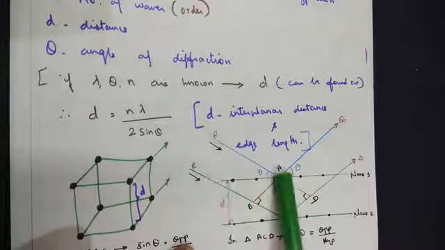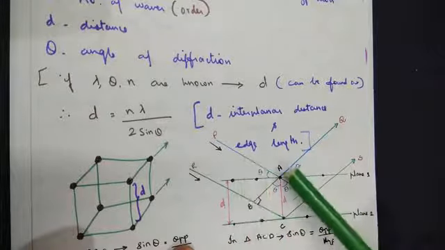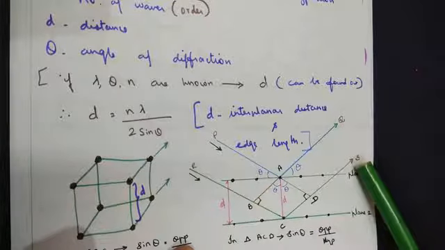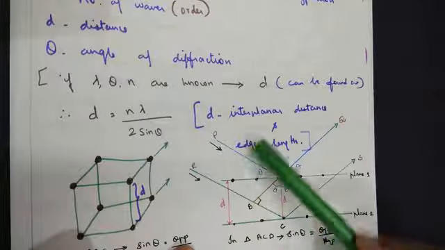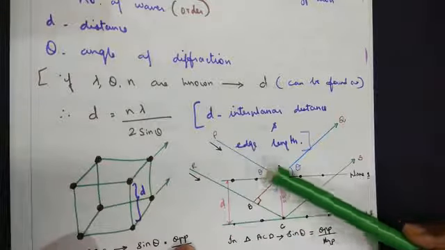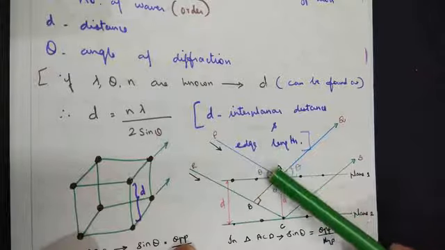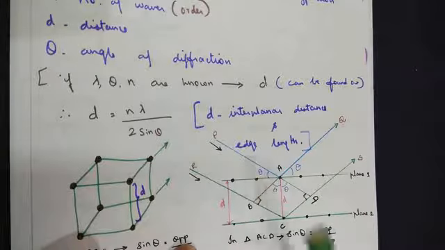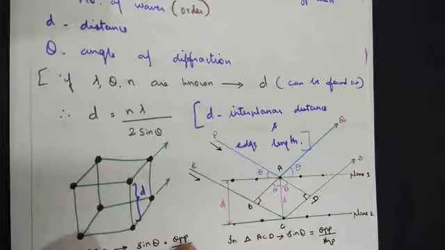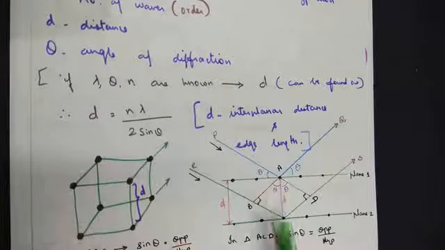So PA stands for the incident ray, AQ stands for the reflected ray. Here RC stands for the incident ray, CS stands for the reflected ray. So you understand what the rays talk about here. Next, the angle formed by the incident ray gives us the angle of incidence, and the reflected ray gives us the angle of reflection. You have learnt in physics that the angle of incidence is equal to the angle of reflection. The same concept is also applicable here.